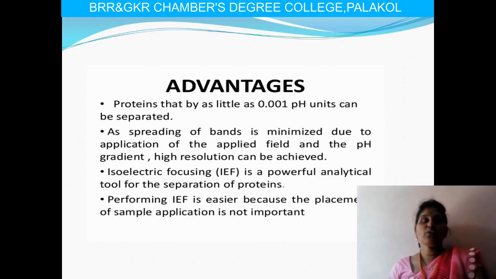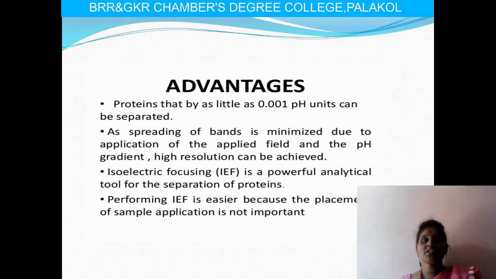The next one is advantages. What are the advantages for proteins? When proteins are in the composition, we can obtain the proteins in different forms, and differences as little as 0.01 pH units can be separated. For the protein separation we can use that fine a pH resolution. Spreading of the bands is minimized due to the applied field, and with the pH gradients